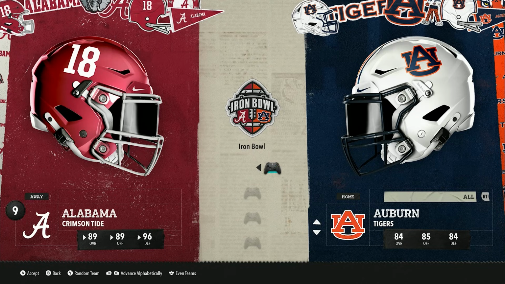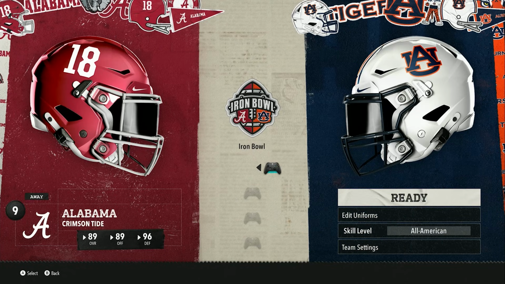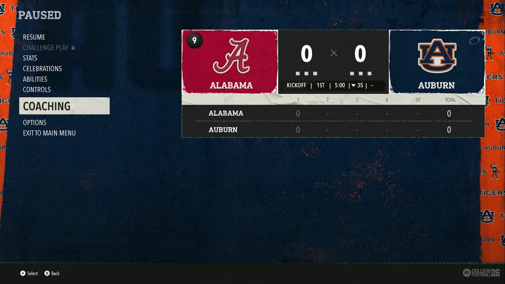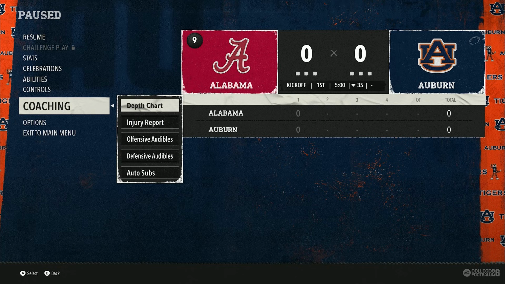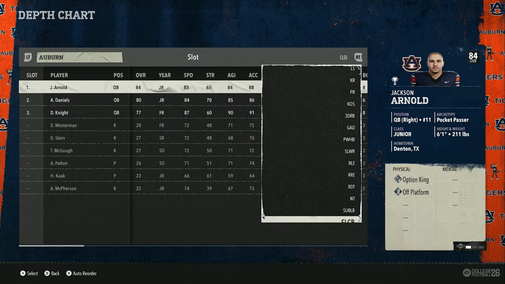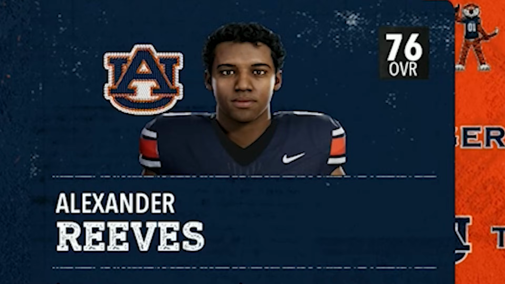And so now we're going to go into play now here, and we're going to see if my player is available here. So we're just going to select Auburn here. All right, so immediately here, I'm going to go into coaching. From the pause menu, go to depth chart. And then when I go to the free safeties,